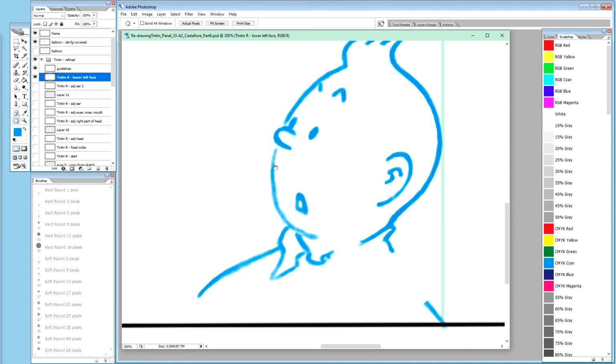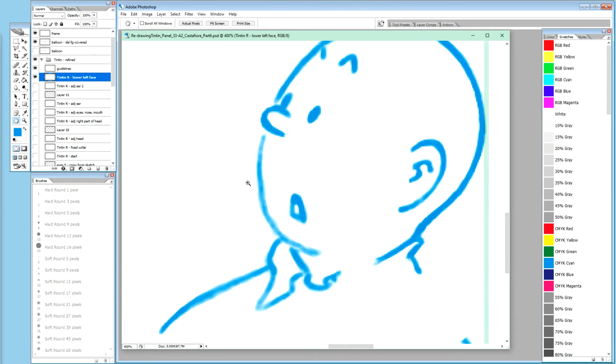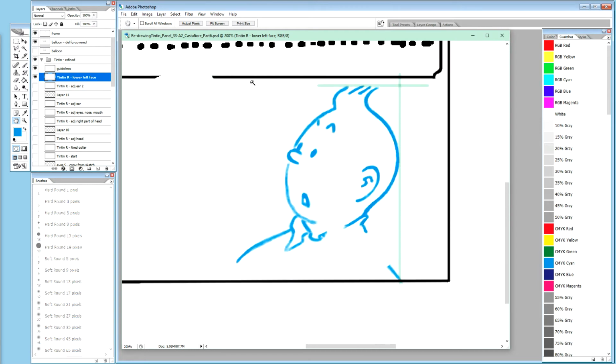Okay, so let's zoom out 200%. Brush 20% blue,